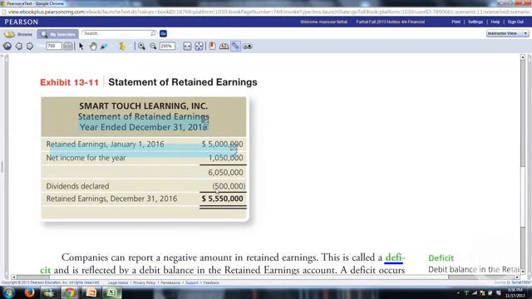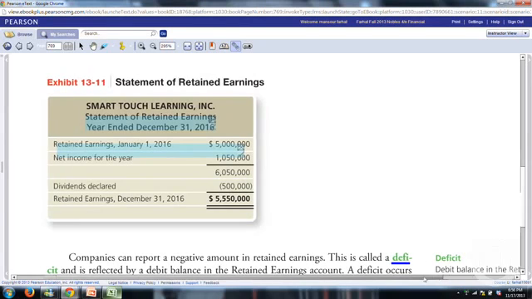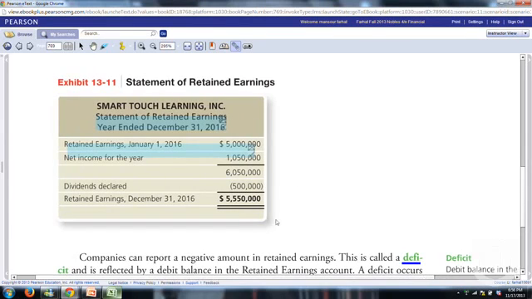Let's assume they declared a dividend of $7 million. Okay? Well, what's going to happen? The dividend will eat up all the retained earning. Well, declaring a dividend is not a good example because often you have to have retained earning, but let's assume they